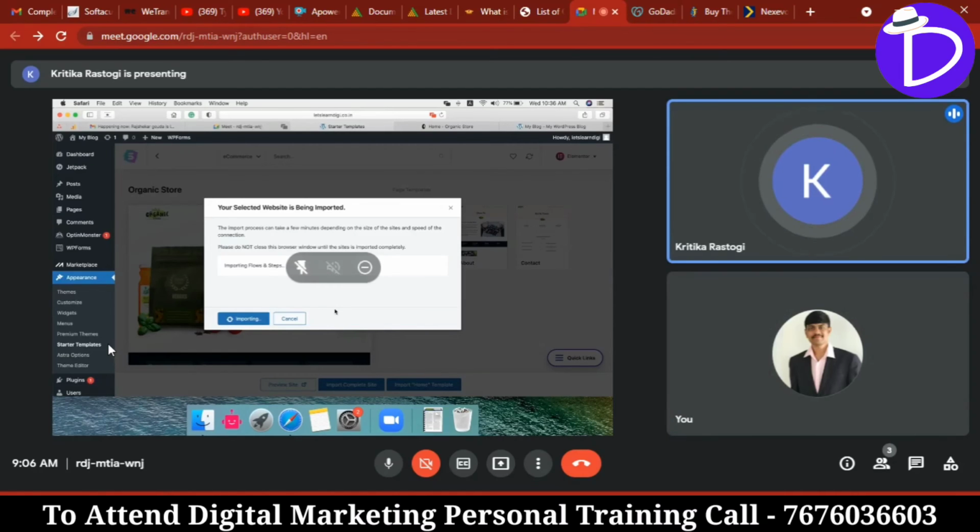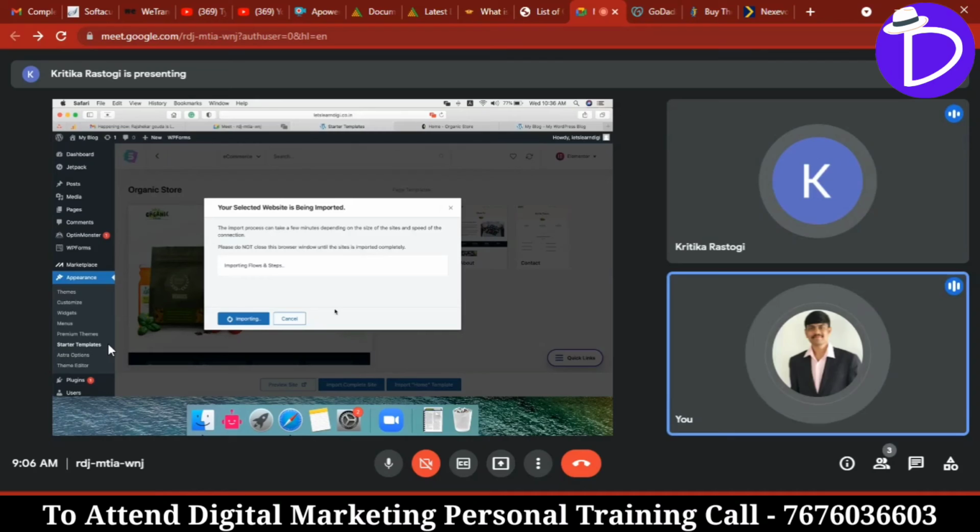If you have a normal website, you can build it with an e-commerce. Payments and all these plugins can be done directly. Everything we can do here. We can do all those setups here.